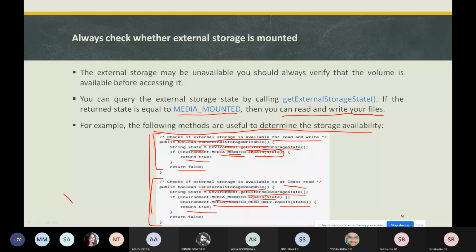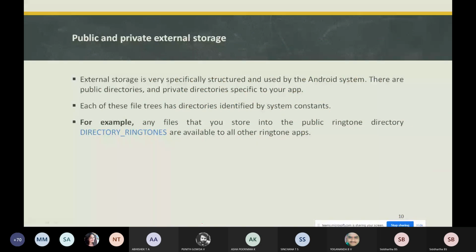Next is public and private external storage. External storage is specifically structured and used by the Android system. There are public directories and private directories specific to the applications we install. Each of these directories identifies system constants.